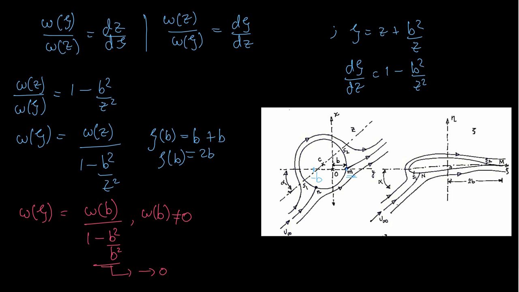That is not possible practically, and that is what the Kutta condition says. To make sure that this does not go to infinity, we need to have w of b equal to 0. So the only possible situation is w of b equals 0. That means the point m on the circle should be a stagnation point because the velocity is 0. And that is how the Kutta condition is described through the complex analysis that we have just done, and through the Zukowski transformation.